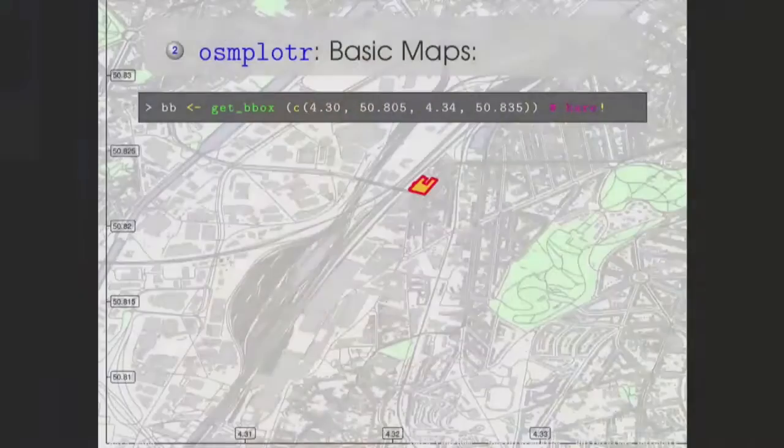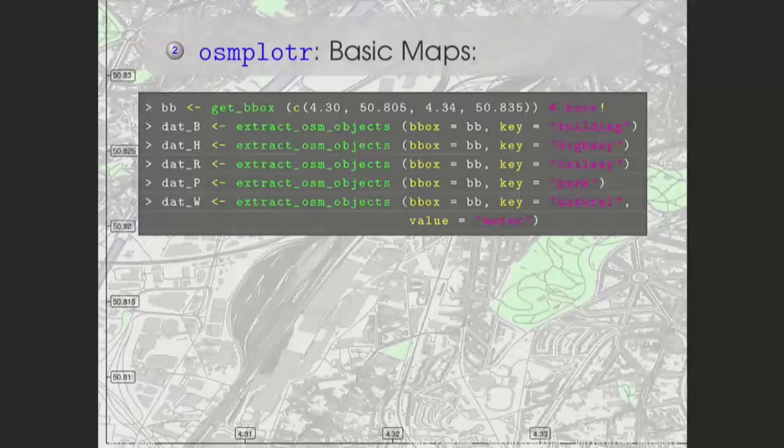Right, back to here. More complicated examples. This is the bounding box that I arbitrarily picked around where we are, and the wild gallery highlighted in the yellow and the red there, and quickly step through how this was made. Simply download the data. It's very, very simple. Download the buildings first, download the highways, download the railways, because there are a lot of them around here,